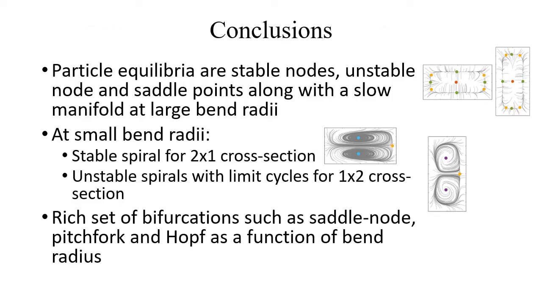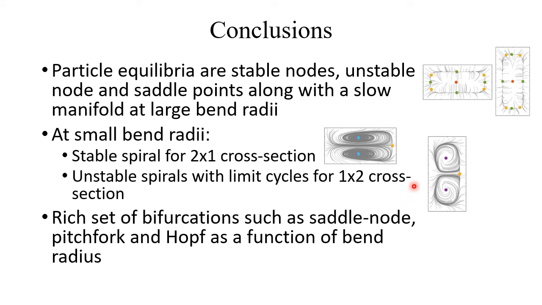So in conclusion, by using a simple particle dynamics model, we explored the cross-sectional dynamics of a particle in a curved duct flow and observed that at large band radii, we get stable nodes, saddle points, and unstable nodes, along with a slow manifold for both 2x1 and 1x2 rectangular cross-sections. At small band radii, we get different behaviors for the two cross-sections. So we find stable spirals for a 2x1 rectangular cross-section,